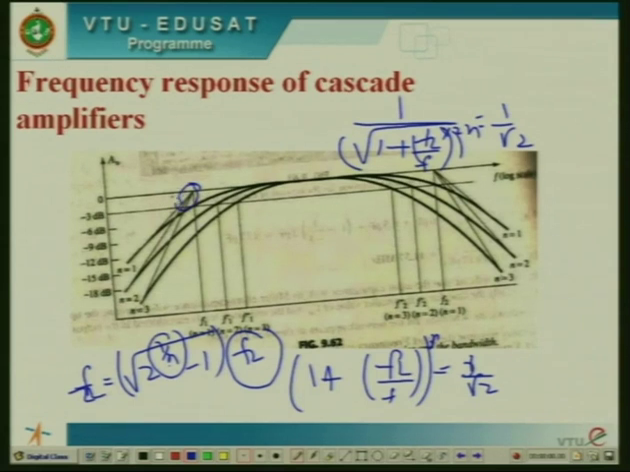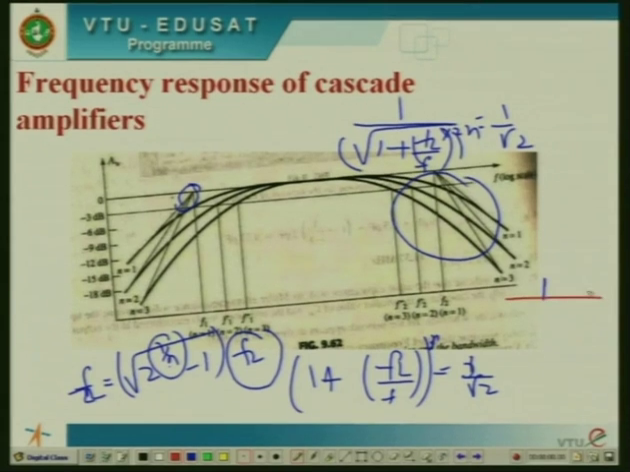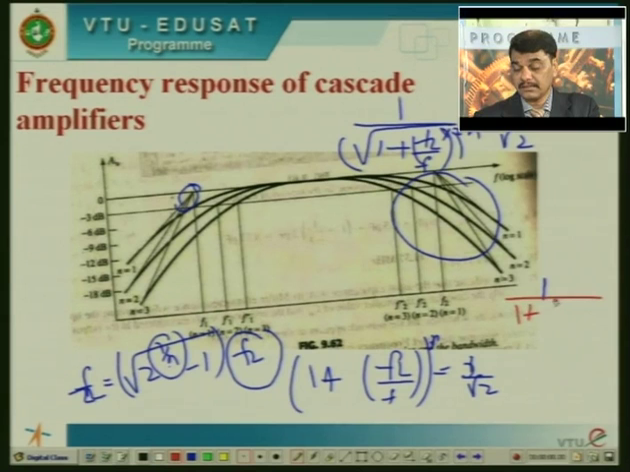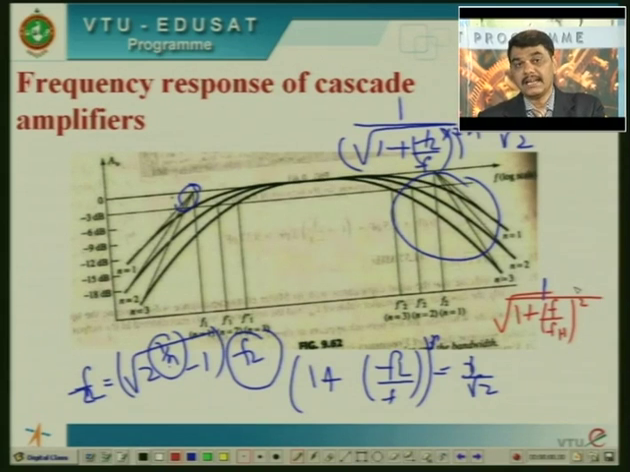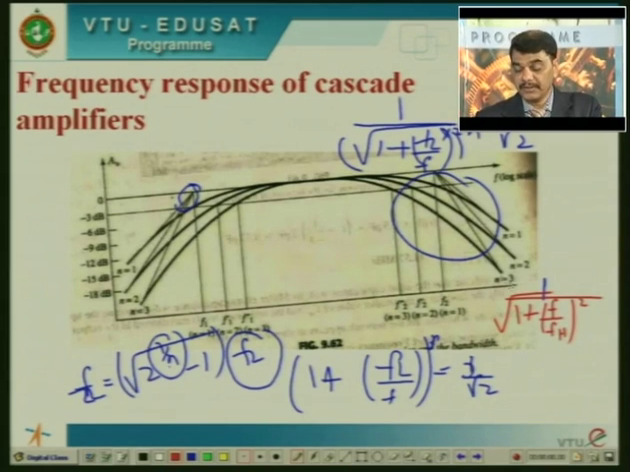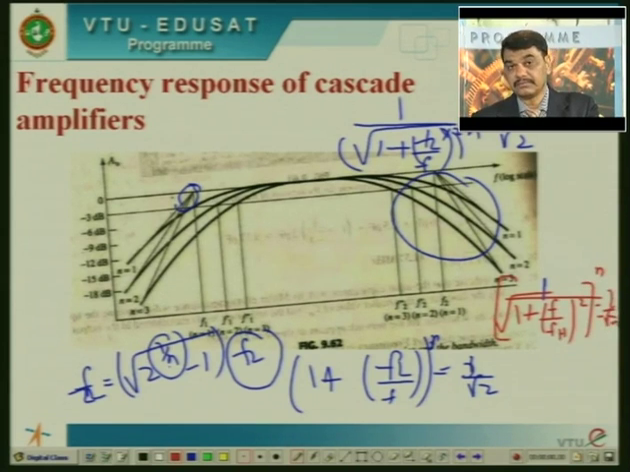Similarly, if you simplify this circuit at the high frequencies, the high frequency response is given by 1 divided by square root of 1 plus (f by fh) whole squared. These are n identical stages. Therefore, you get to the power of n, the magnitude, equal to 1 by root 2. Squaring both sides and then simplifying,